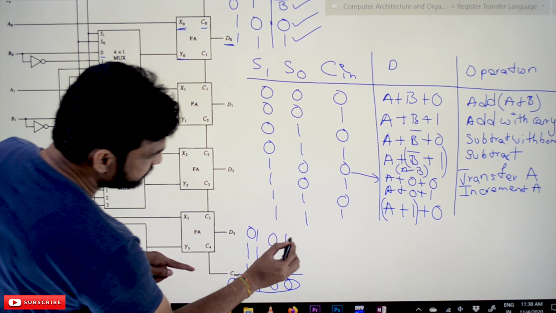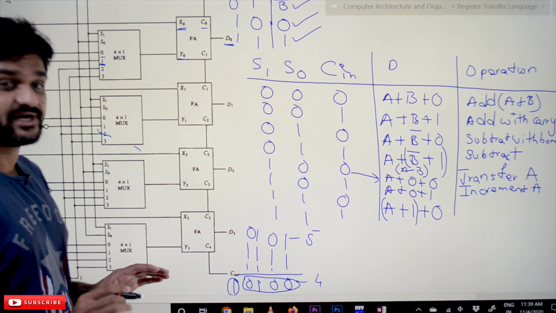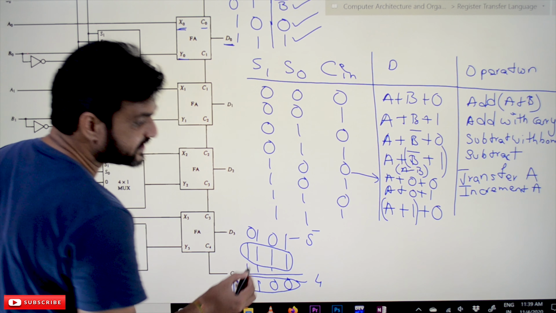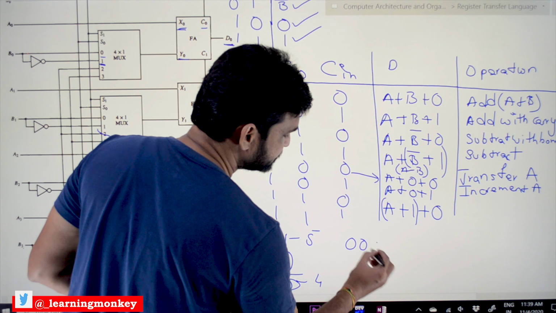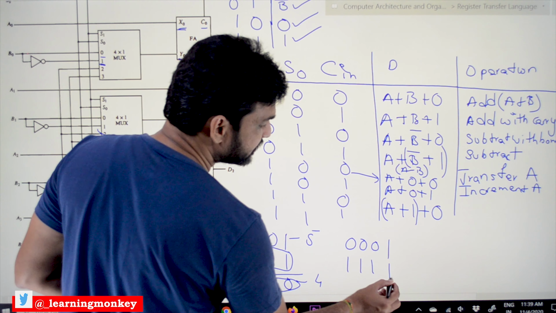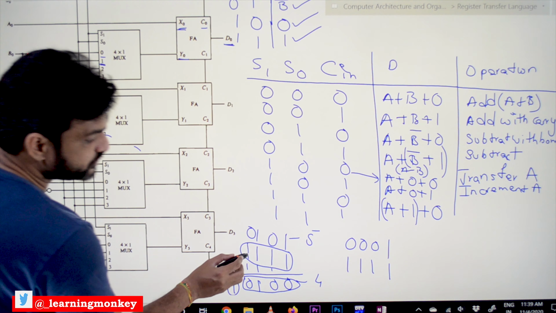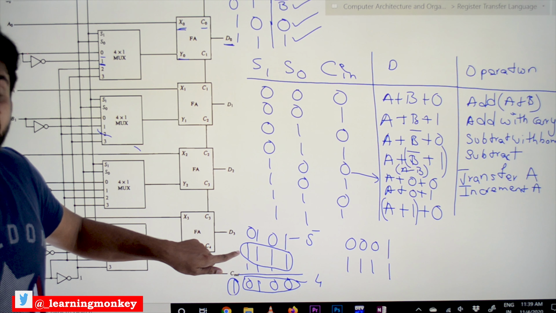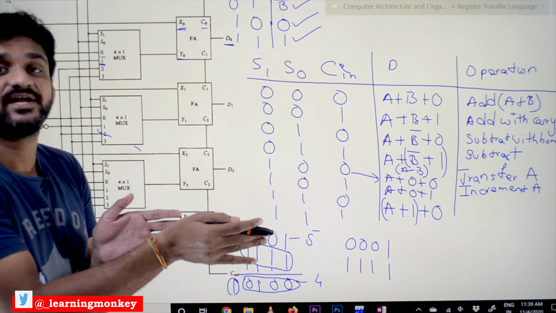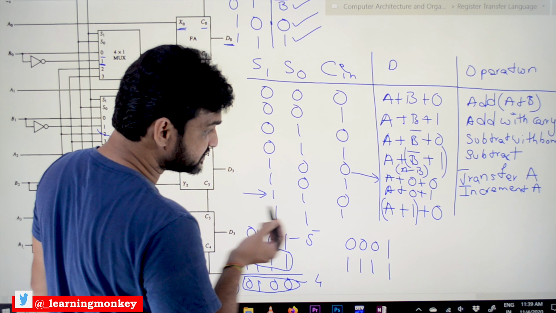See here, the value of A is 5 and the output that we are going to get is 4. So how are we going to decrement? This is the 2's complement value of 1. If you take 4 bit 0, 0, 0, 1, the 2's complement of it is going to be 1, 1, 1, 1. Whenever we add 1, 1, 1, 1 to it, it means A minus 1. A plus the 2's complement of 1 means A minus 1. So this is very important to understand. Watch this again and again.